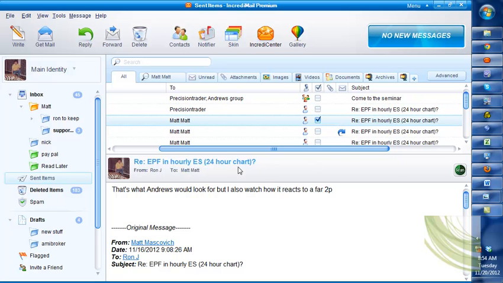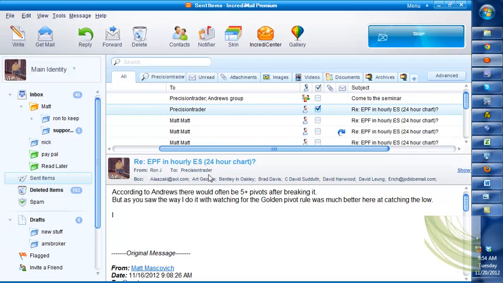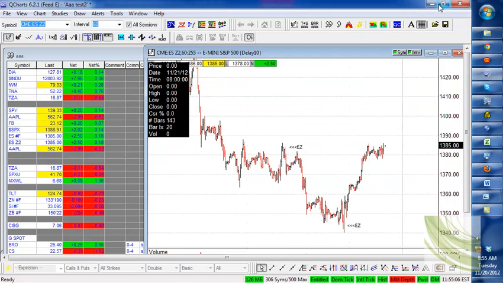And this also went out to the Precision Trader group and the Advanced Andrews group. It goes to people that are in the advanced group directly. So it says here we go. You say I'll be watching for the golden pivot rule. It's much better here at catching the low. So this is the kind of simple, straightforward discussion that we have in our